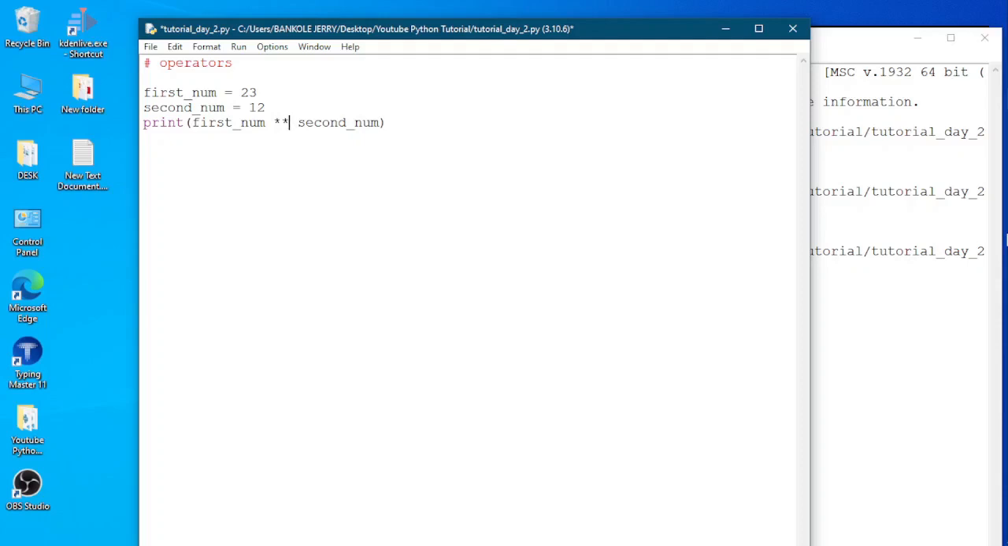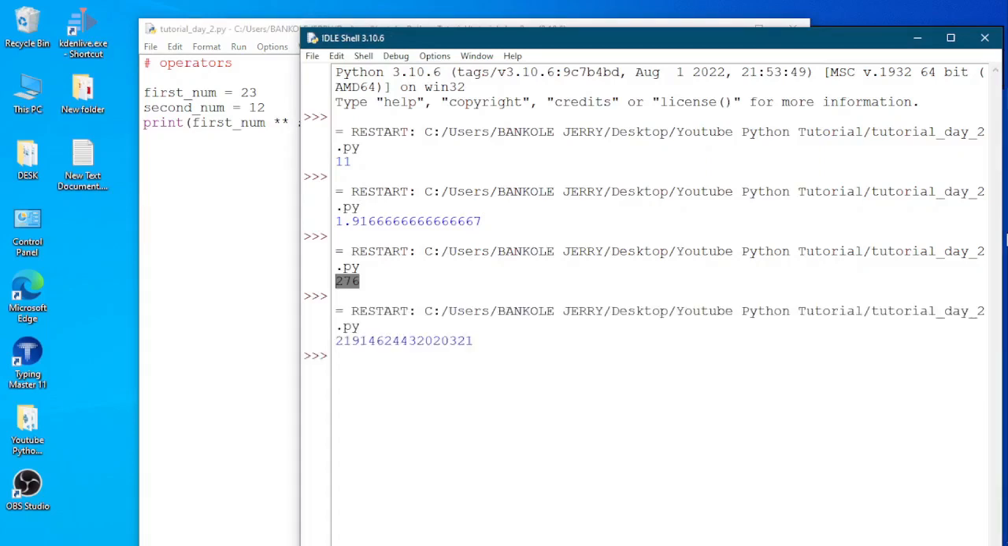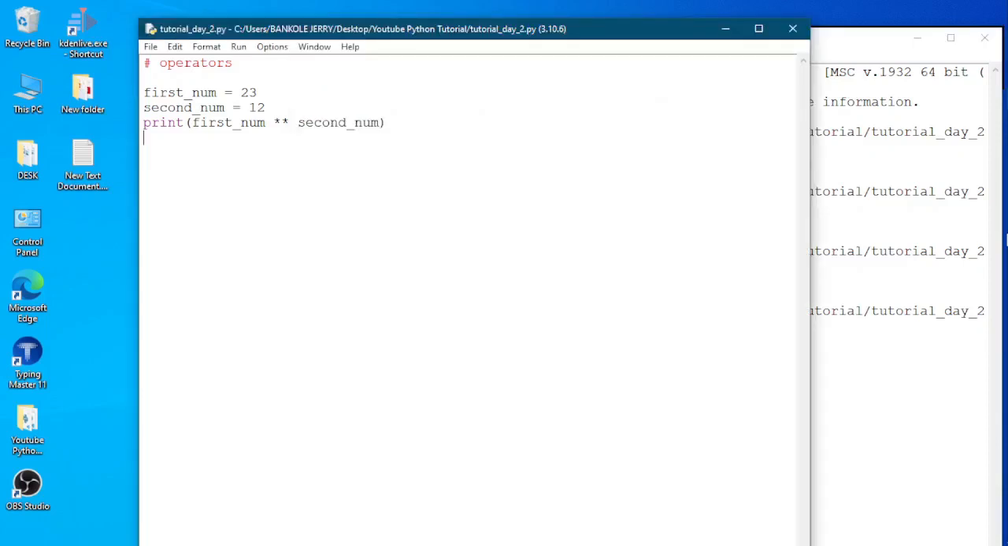So take note, this is what I'm making use of, the double asterisk, when you're trying to talk about raised to power in Python. So if we're running this, that's 23 raised to power 12, of course, it's going to give us a large number. That's 219 and the rest there. Yep. We've talked about the double asterisk. Then we have the double division sign, and I call it the floor division, or you can hear someone call it the integer division, but